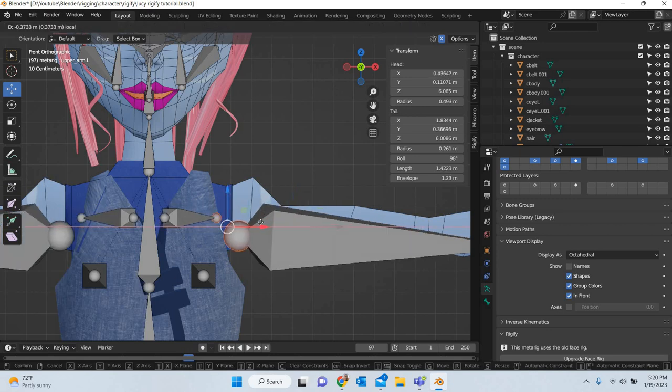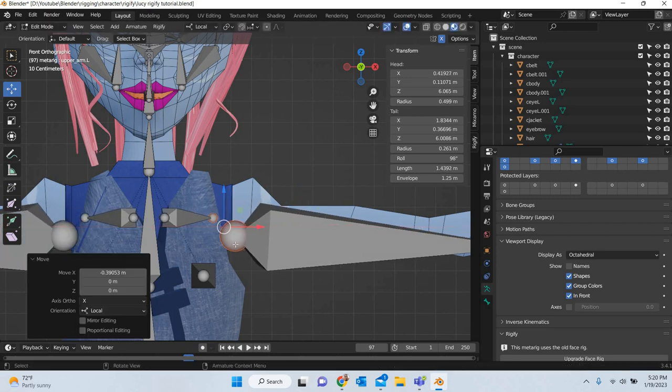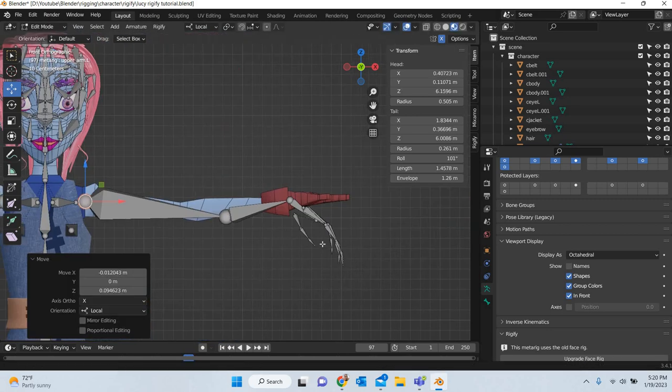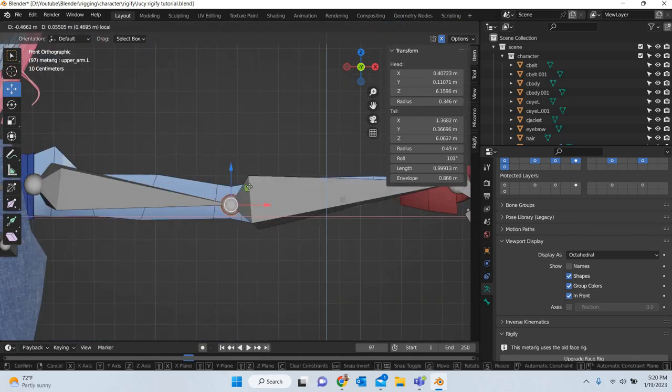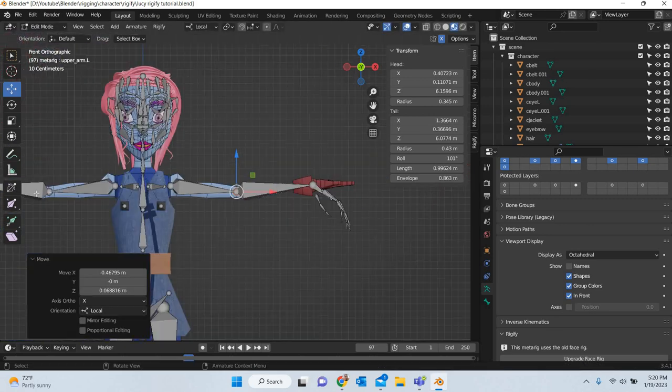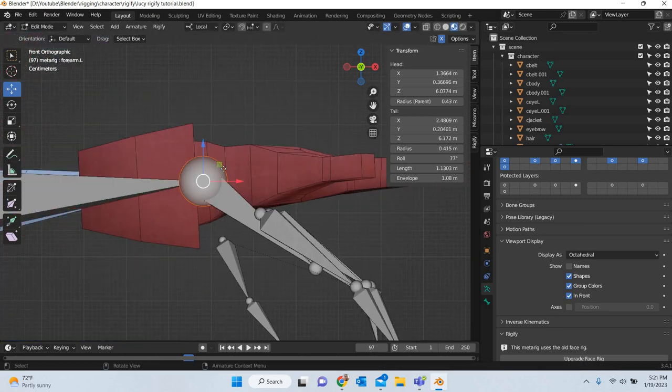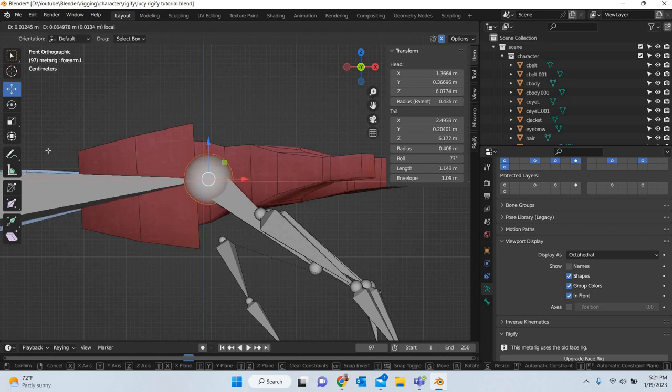These bones need to be closer, so we have to place the bones in the right place, and the other ones will move properly. So if your model is proper and symmetrical,